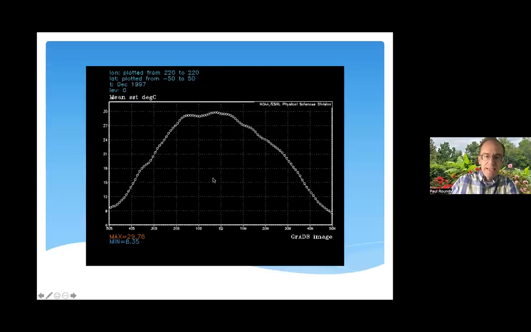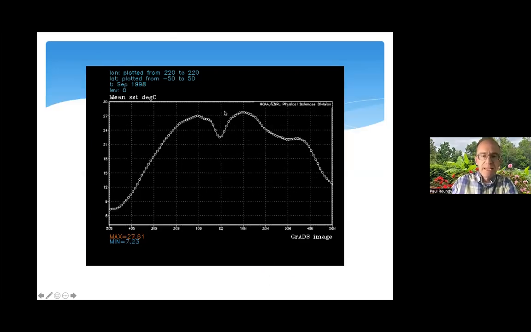Now, this is the El Nino condition in perhaps one of its strongest states ever. This is December 1997. We've had a few other events in the last century, including December 1982 and 2015, wherein the cold tongue basically disappeared. And we're left with almost a temperature maximum on the equator, still kind of tabled level across the tropics. So the cold tongue is gone. And then you see the other extreme. This is from September 1998, a developing La Nina condition, still warm from the previous El Nino event at the periphery, but a cold anomaly has developed right on the equator.